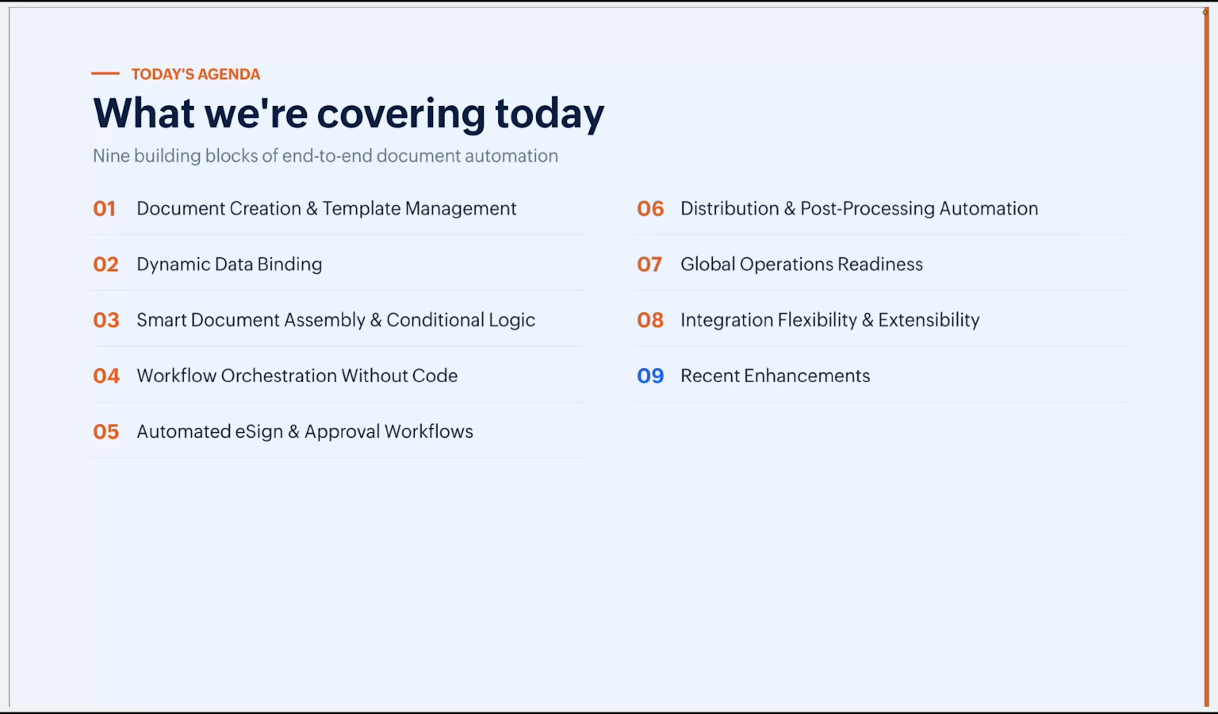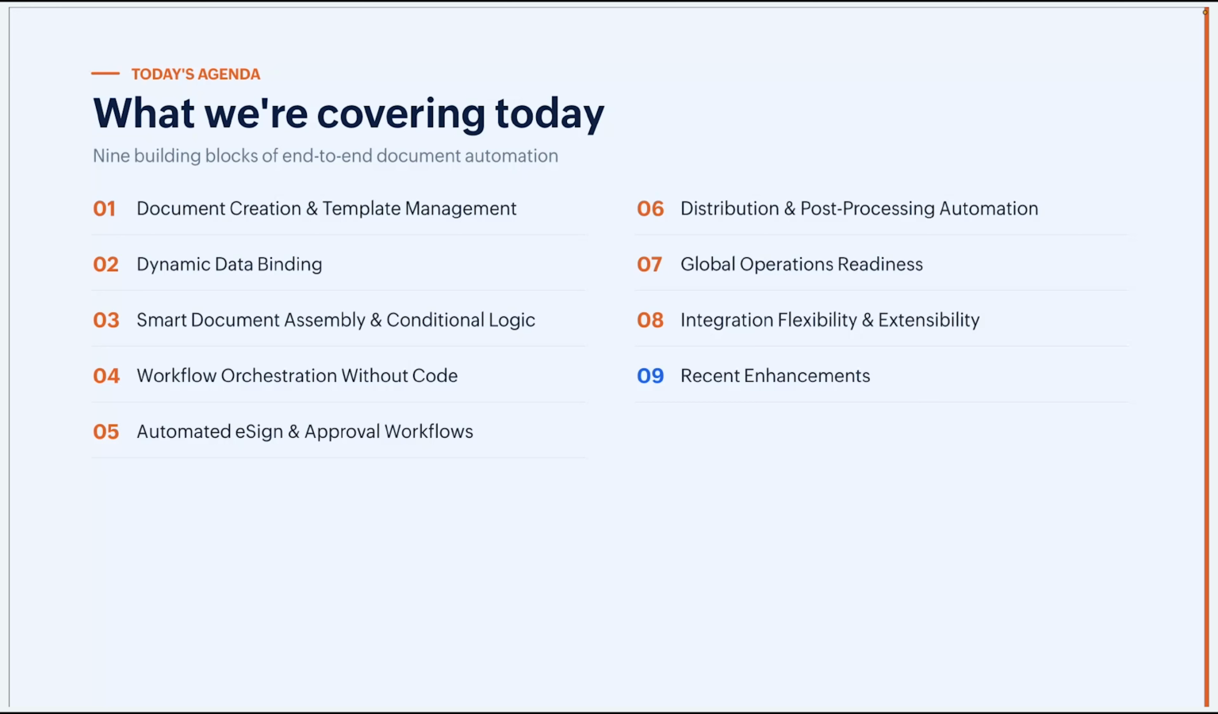After that, we'll look at smart document assembly and conditional logic. One intelligent template that adapts to your deal size, geography, and customer type. Then we'll discuss workflow orchestration without code. That is, how business users can build multi-document flows visually. From there, automated e-sign and approval workflows, where you'll be using Zoho Sign and DocuSign in order to collect digital